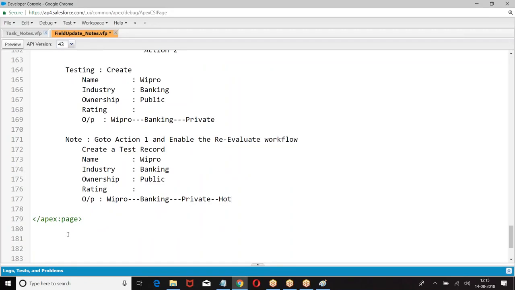First time I created, the second rule is not checked, because I already verified it, it's false. If it is false, stop it. But when I enable it, even though it's false, recheck the rule again, and if it is true, perform it. After every time I modify the value of a record, recheck. If it is still true, perform the action. I hope you are good with this. This is a key point in field update.